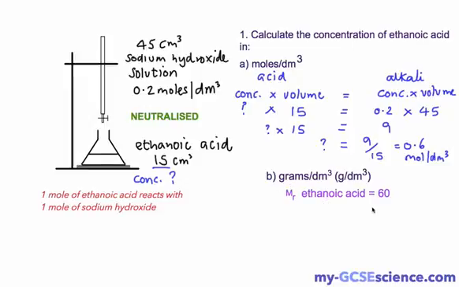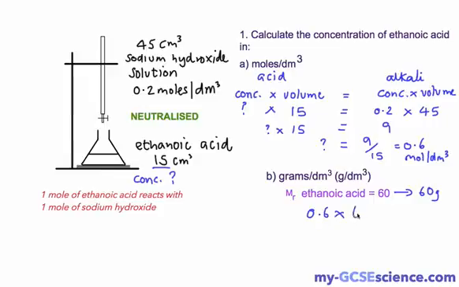So how many grams have we got in there? Well, we know the relative formula mass for ethanoic acid is 60. That's been given to us in the question. That is 60 grams, which would equate to 1 mole. We've got 0.6 moles per decimeter cubed. So we have 60 grams in 1 mole, but we've got 0.6 moles. So all we do is we say 0.6 times 60 equals